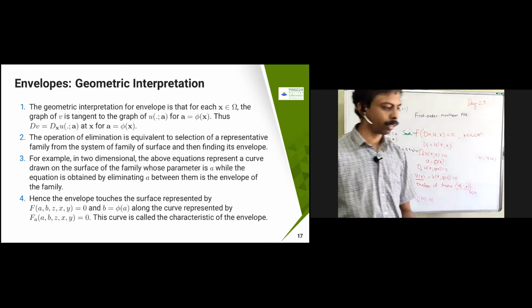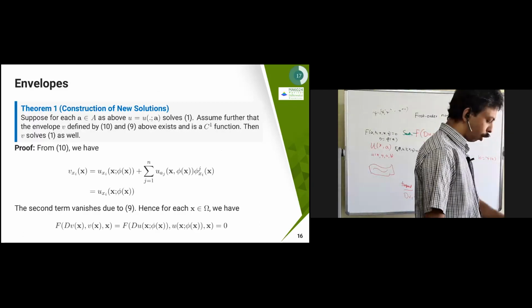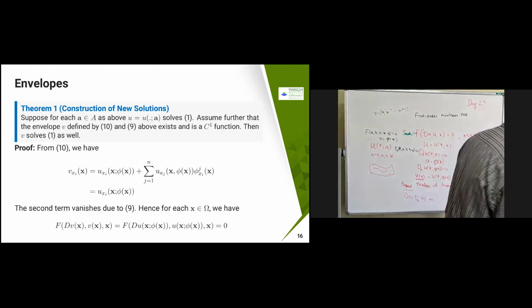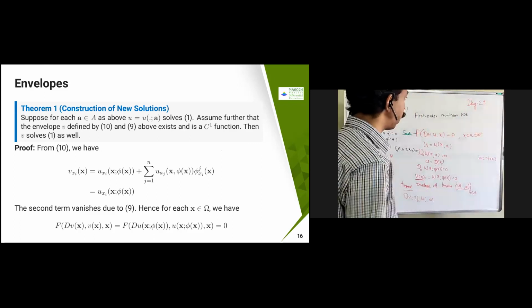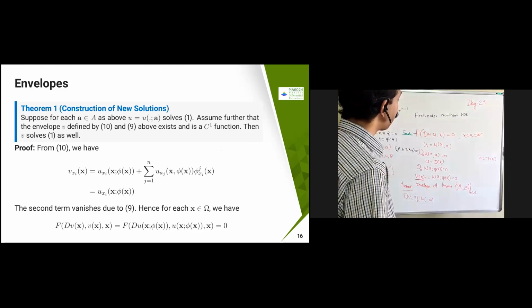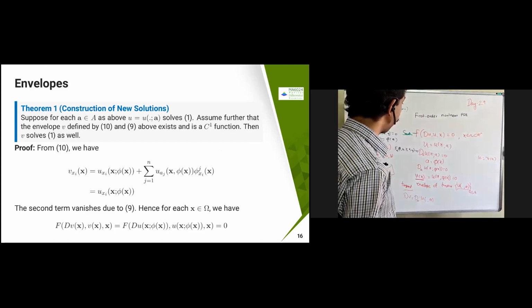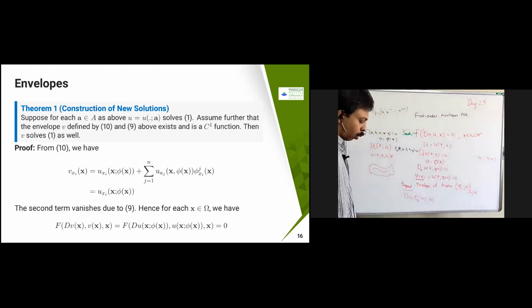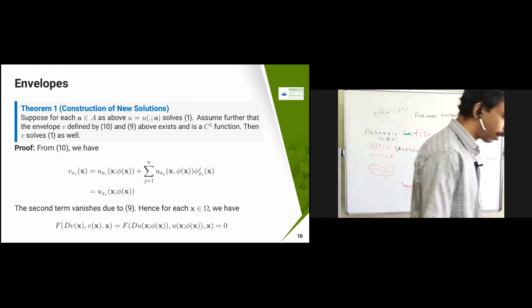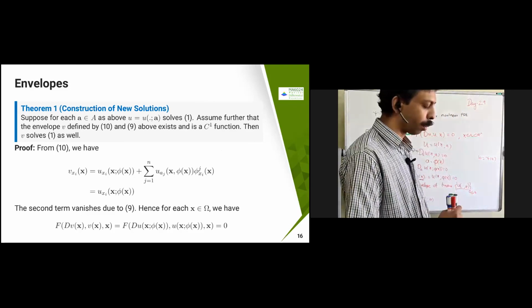So once you go for Charpit's method and Jacobi's method, we will understand what we are trying to do. This is the general idea for n-dimensional space. Once we go for the two-dimensional case, at least you will get some picture of what we are trying to do. Okay, so we will see that. One theorem, and with that I will conclude this lecture. We will see on Thursday how to do Charpit's method, etc.